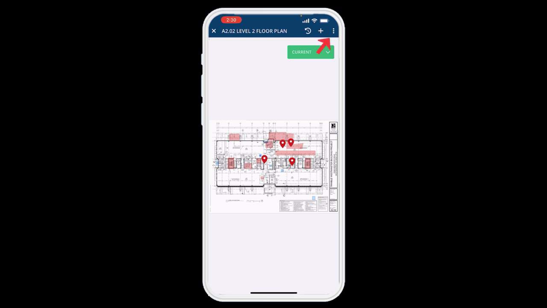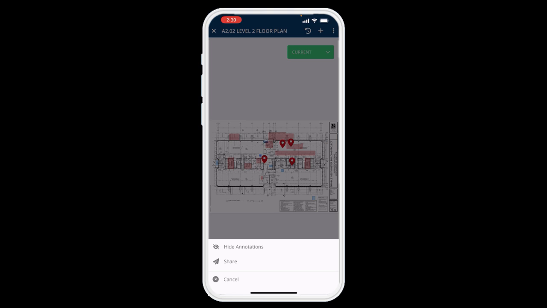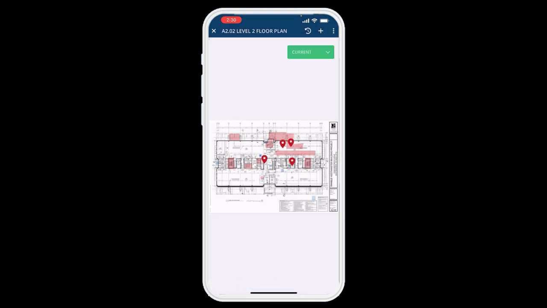The three dots on the top right, if I tap that, it will allow me to hide all of the annotations as a toggle. We're expanding this in the future to add support for each type. So I can turn off, on and off the layers that I want, whether the different types of annotations they are, and also give you some customization around, we're bringing out markup tools and annotation tools into the drawing,